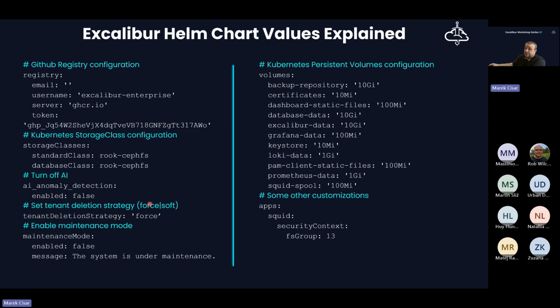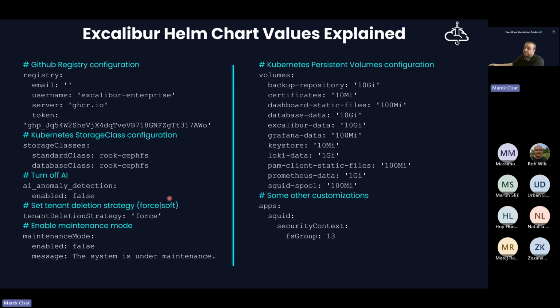Set tenant deletion strategy, force or soft. Basically, when I'm removing a tenant, I can define two options for how to delete it. The force mode means that the tenant will be deleted immediately when I click delete.